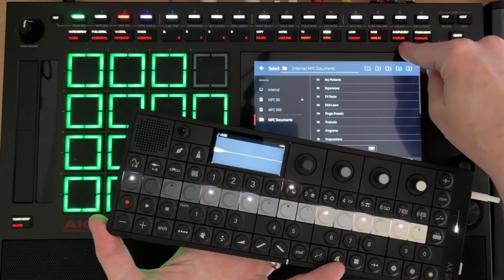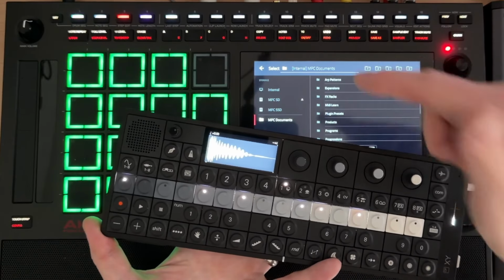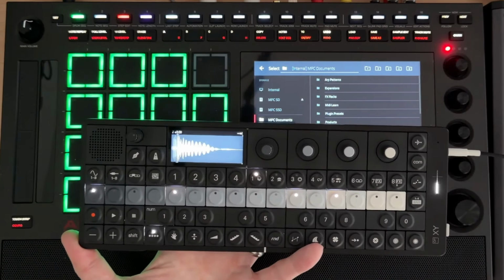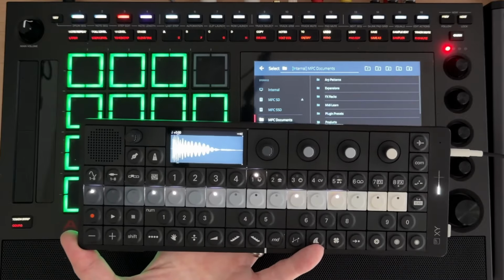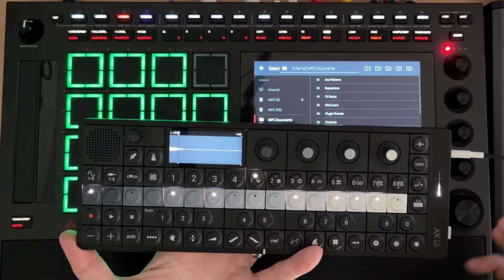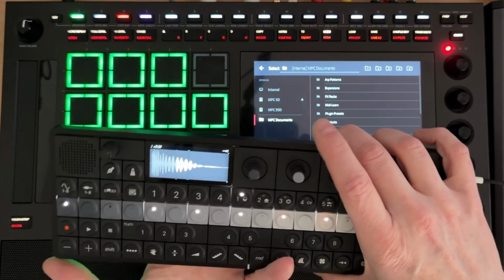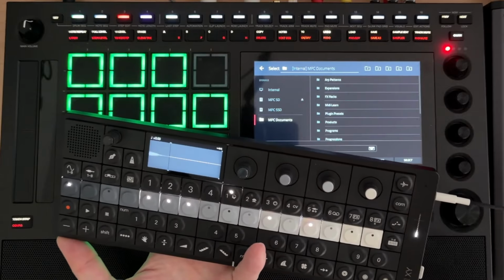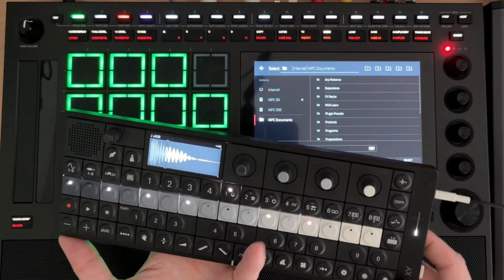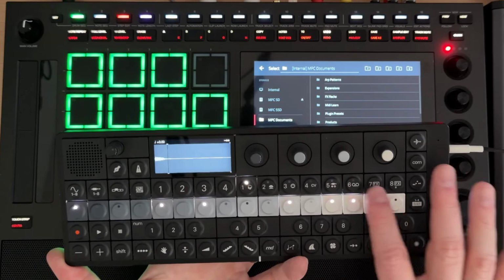This is the one that I'm going to be able to get the most work done with in most cases when I'm staying home. If I have a travel requirement or I'm spending a lot of time outside, and I don't want to necessarily carry the Live, I'm going to be taking the OPXY. It's got the mic for quick sampling. I can turn anything into an instrument, and yeah, it's only 8 tracks and not a whole lot of effects,